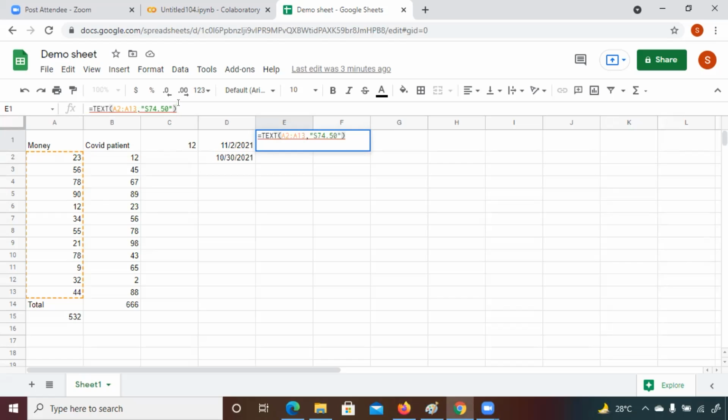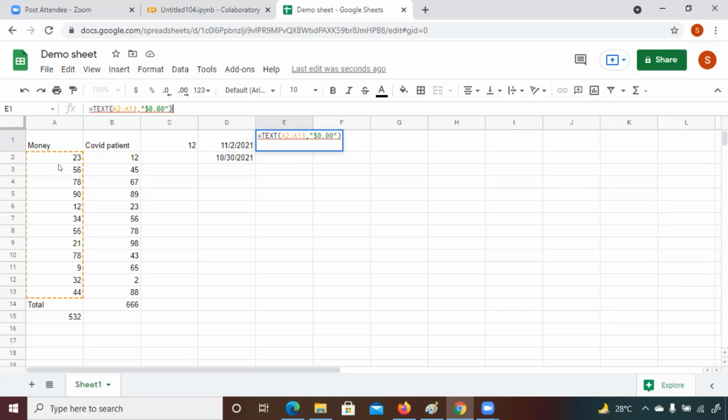So I'm just closing this. Now I am going to press enter. Okay, it's giving some error. Let me check it with 000. Oh, okay, sorry, I have taken S. This is a dollar. Address not found. A2 to A13.